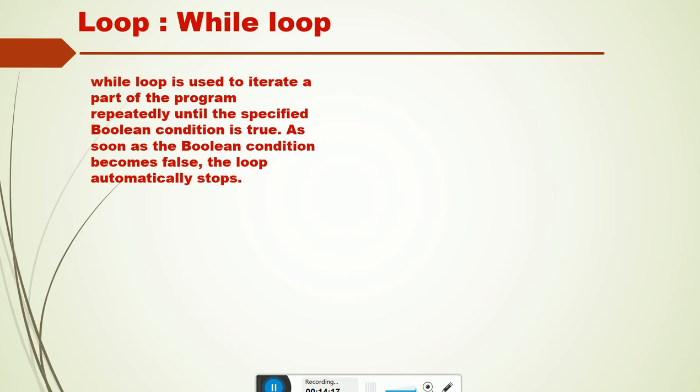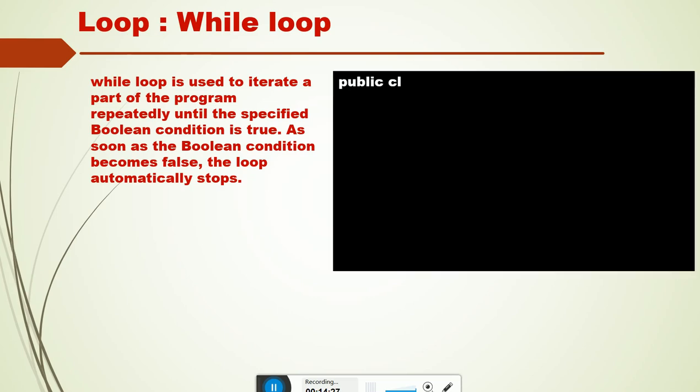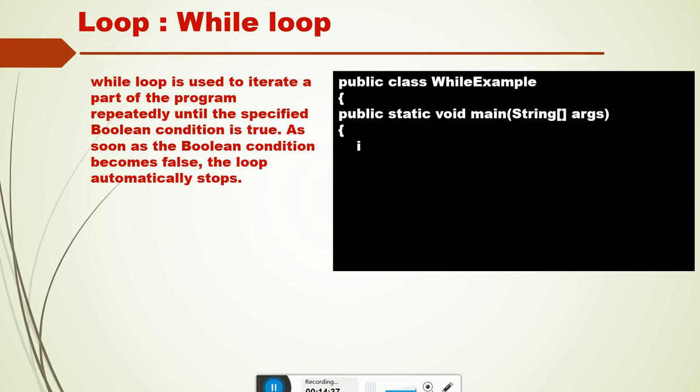As soon as the Boolean condition becomes false, the loop automatically stops. Let me explain with the example so you can understand much better. See here, public class, name of the class, WhileExample, inside the class a main method,